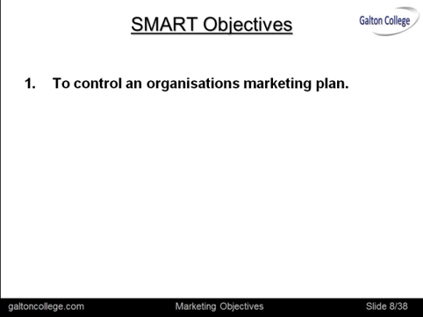Well, first of all, the objectives themselves are needed to control the marketing plan. So it's important to have objectives to control the marketing plan. That's the first point. Whether they come through the SMART approach or simply people setting out a plan in a very unstructured manner, it doesn't matter, providing they have clearly stated objectives, and the SMART approach is a clever way of doing it.